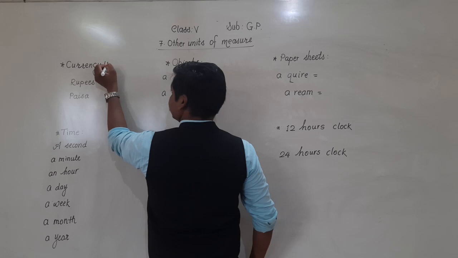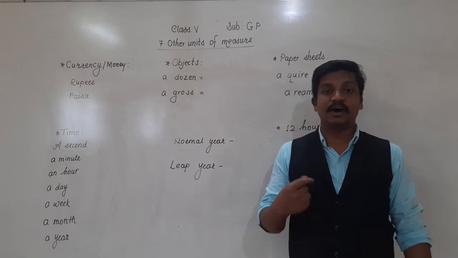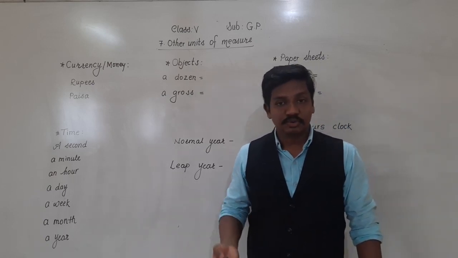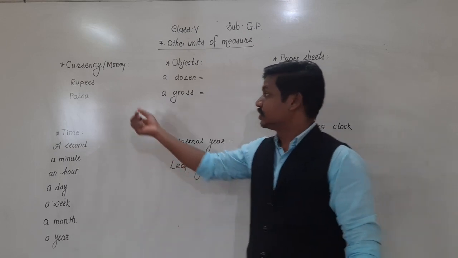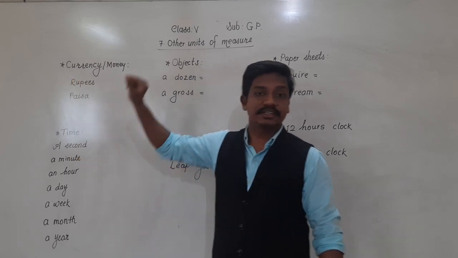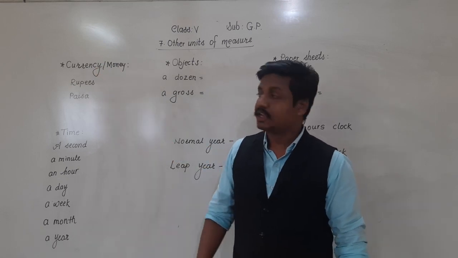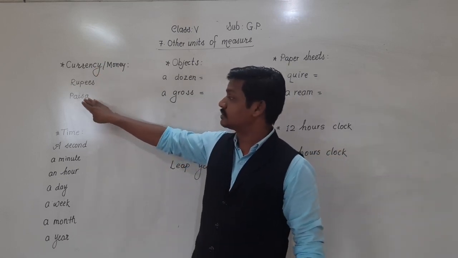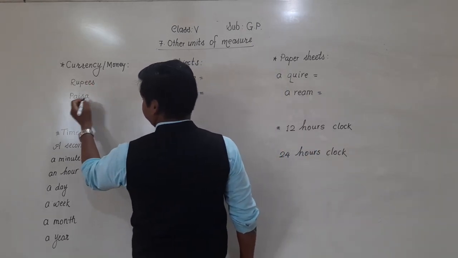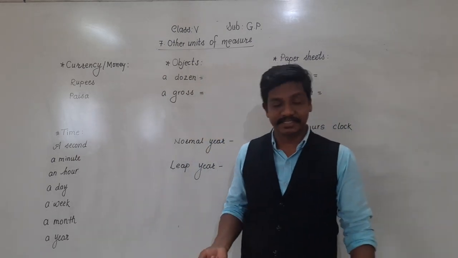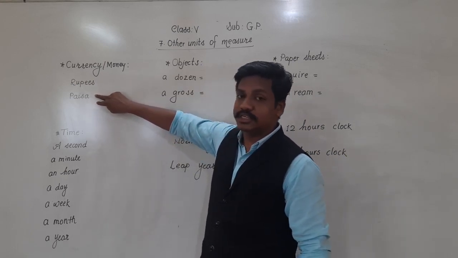That is money. Generally, to count money, which units do we use? When we count money, what do we say? 1 rupee, 2 rupees, 3 rupees, 4 rupees, 100 rupees, right? So rupees is the unit to measure currency or money. As well as rupees, the smaller unit than rupees to measure currency is paisa. You know paisa, or paise we say. 1 paisa is the smallest unit.